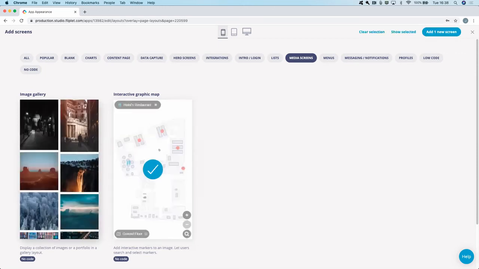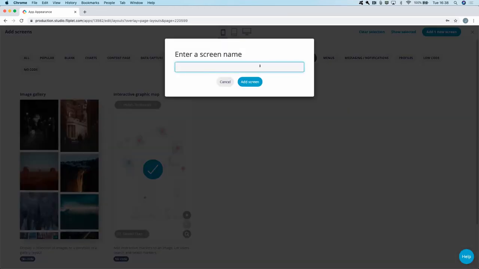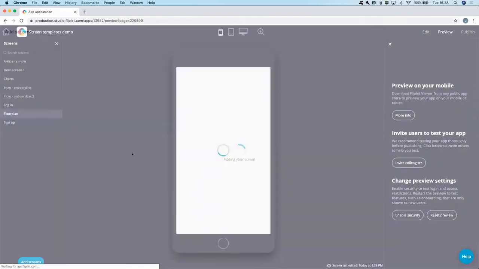For the interactive graphic, you can always drop in just this interactive graphic on your own, but the really nice thing again about using this as a template is that you get some of the sample content set up. You can have a play around with the markers. If we actually go ahead and create this screen,